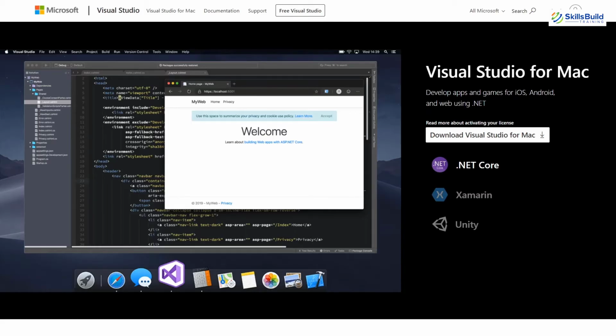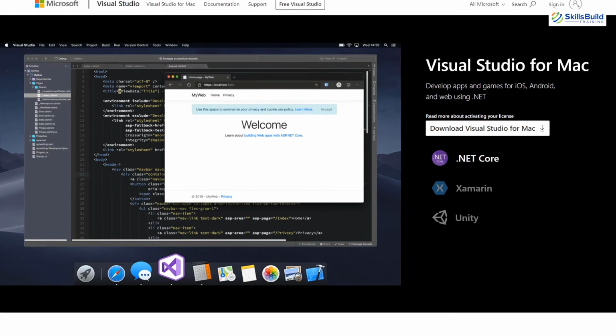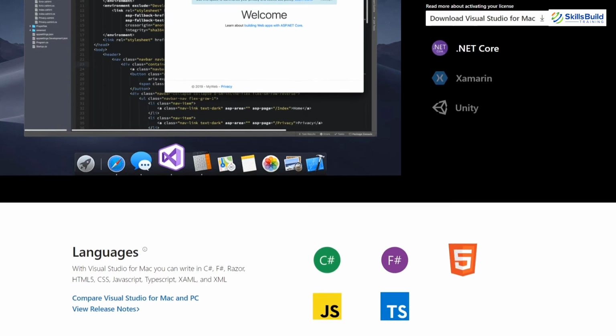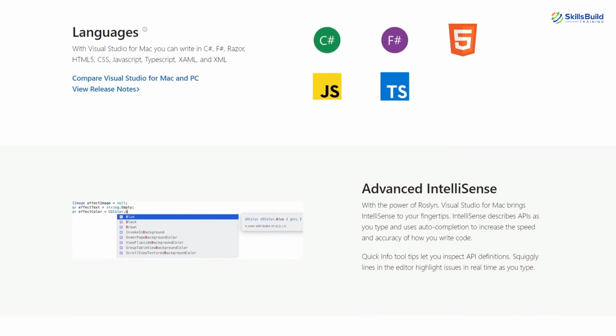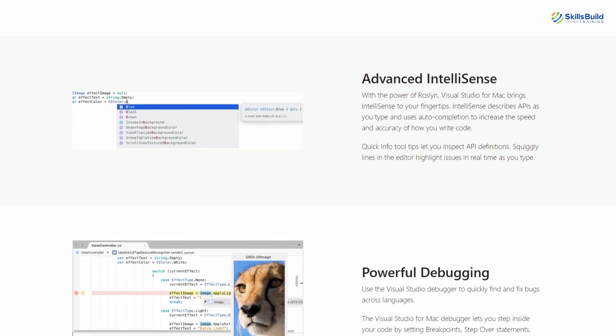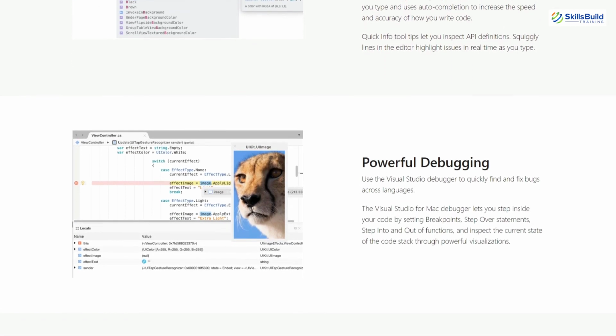Now let's talk about the next feature, and that is a refreshed Visual Studio for Mac. As per the official documents, the goal of Microsoft for Mac is to make the IDE more supportive and collaborative, so that it can deliver productivity to users.